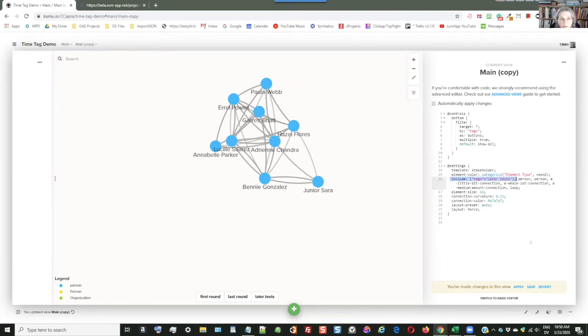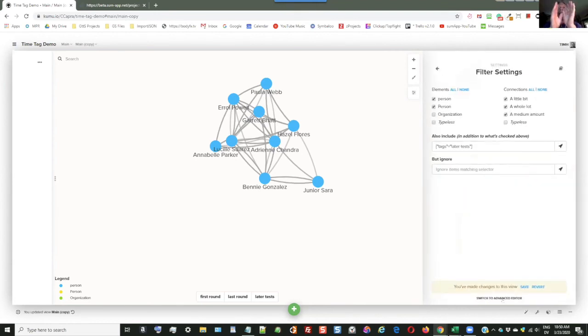Can I ask a sideways question really quickly? If you go back to the basic editor, that statement also includes, in addition to what's checked above, elements. You're saying this is a filter statement in addition to what's being offered from above, correct?